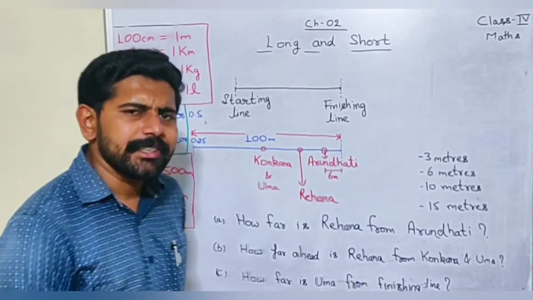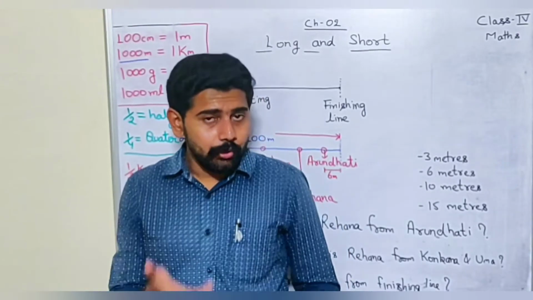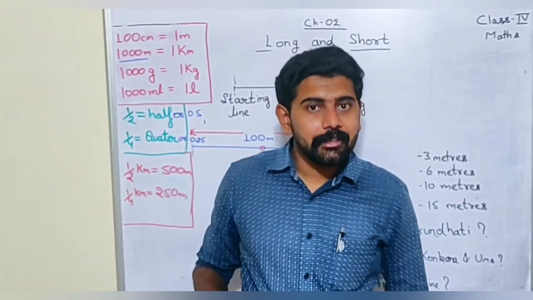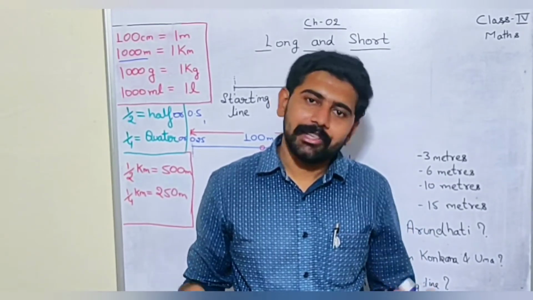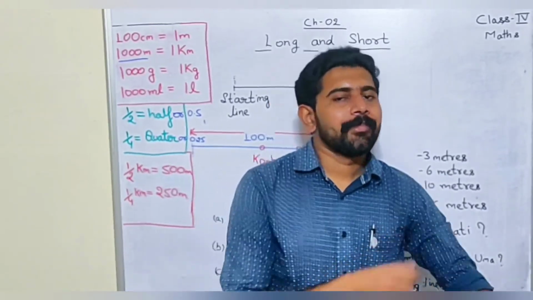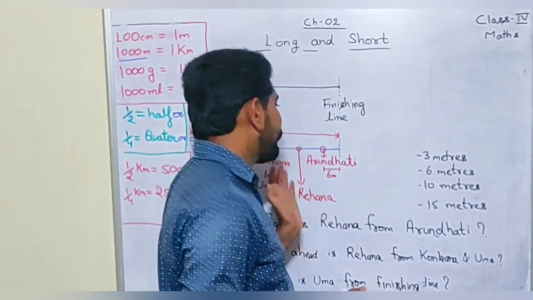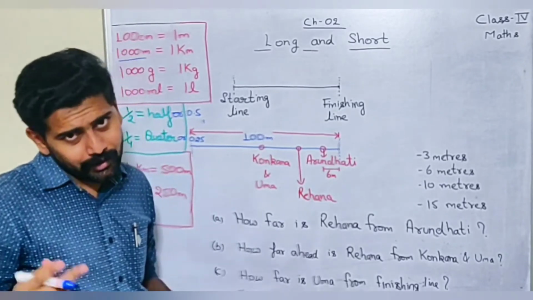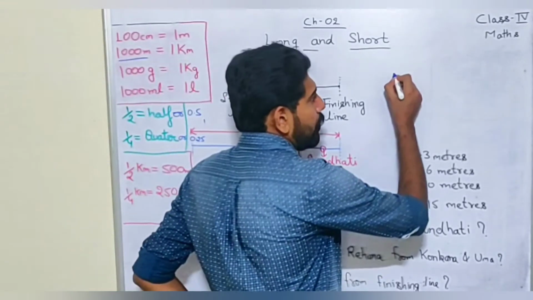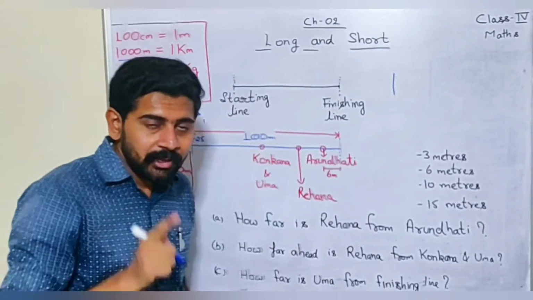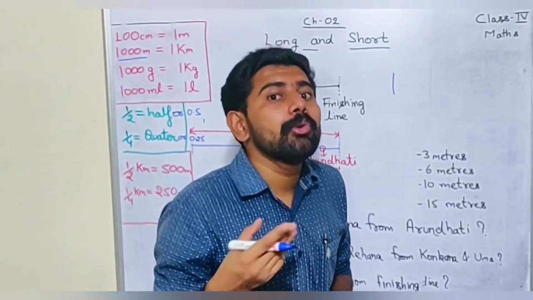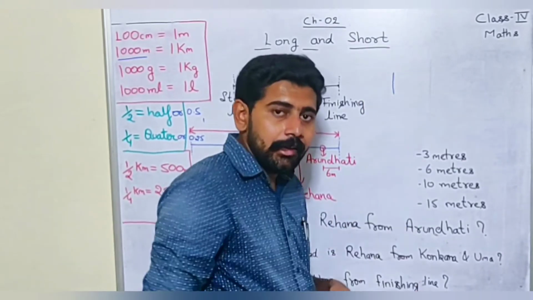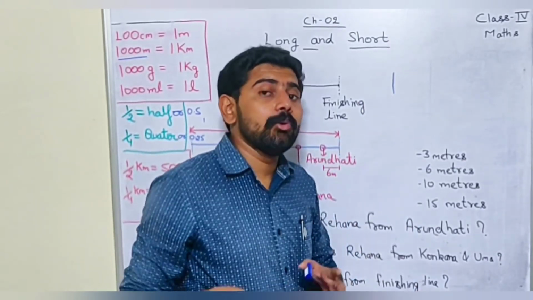Now, let's discuss a race. You also take part in the race in the annual sports meet. Yes, na? 50 meters race, 100 meters race. Similarly, once there was a race. But what does a race mean? A race means a starting point where you get ready to run. There is a line, na? Like this. You stand here in a line. You become ready to run.